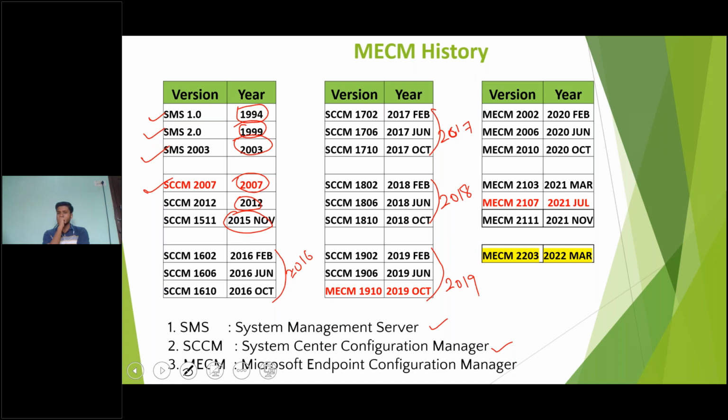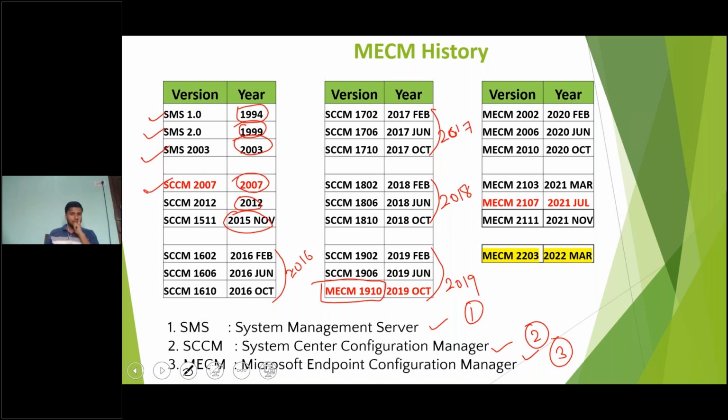Now, in the year 2019, they changed the name again from SCCM to MECM, Microsoft Endpoint Configuration Manager. Got it? First name was SMS, second name was SCCM, and this is the new name of this product, Microsoft Endpoint Configuration Manager, MECM.